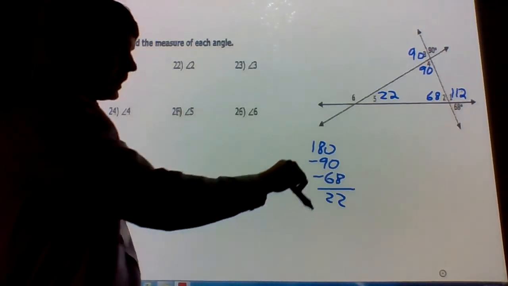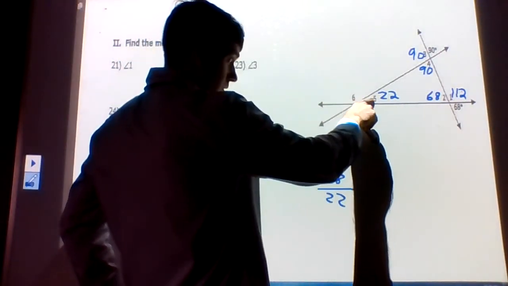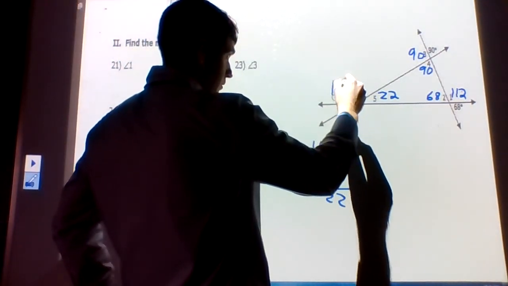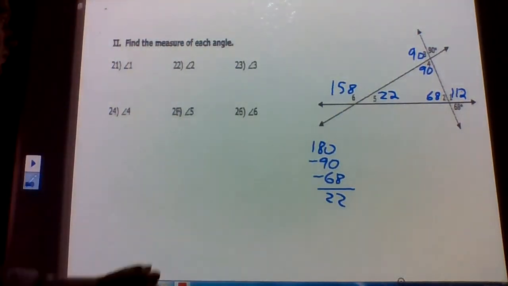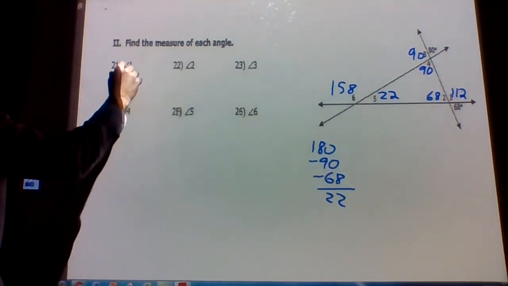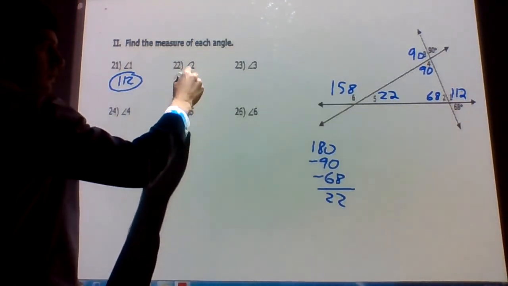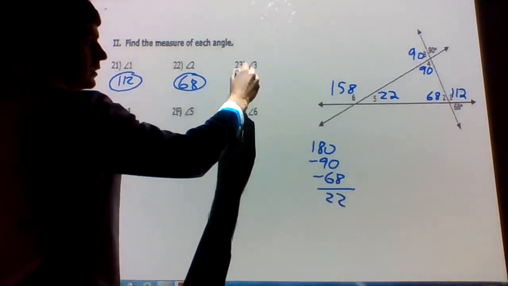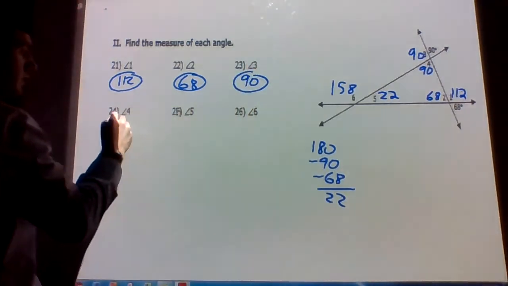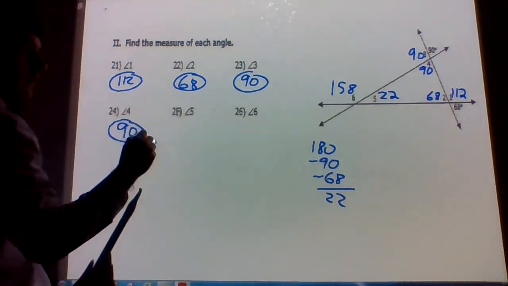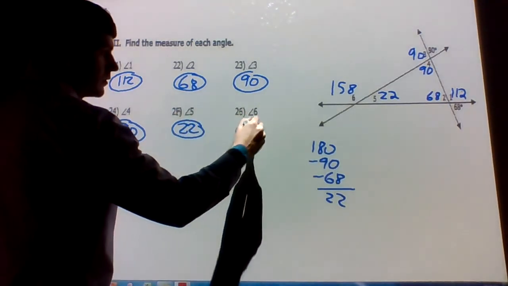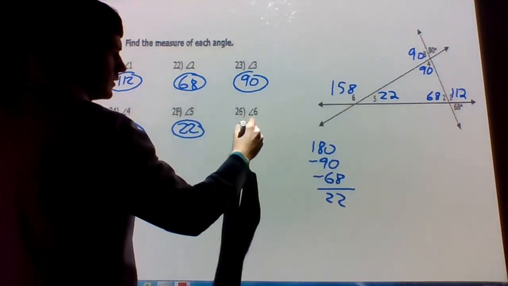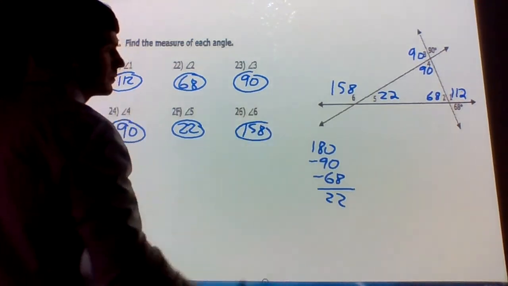Okay, and then 180 minus 22 is going to give us 158. Okay, so we have 112, right? We have 68, we have 90, we have 90, we have 22, and we have 68. I'm sorry, 158. Okay, and